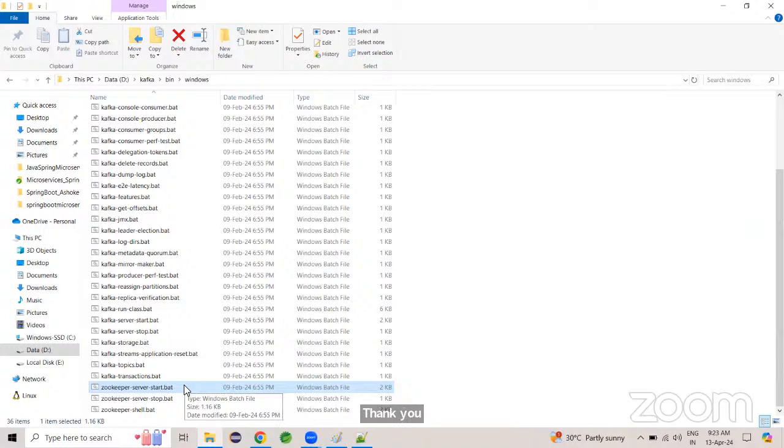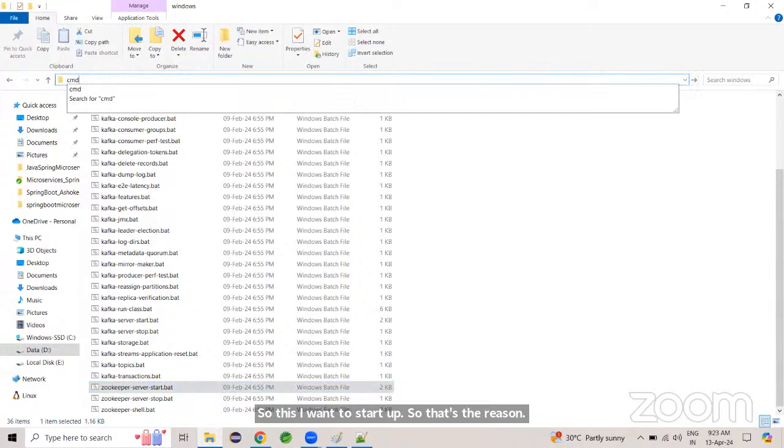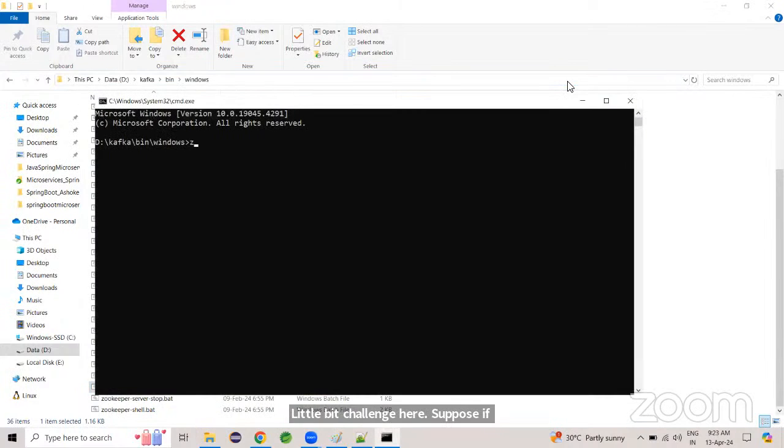So I want to start. That's the reason there's a little bit of a challenge here. Suppose I open the command prompt and start the Zookeeper server.bat,